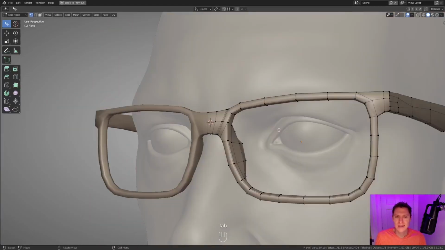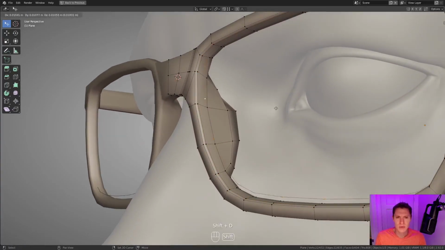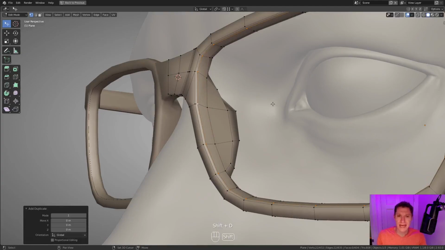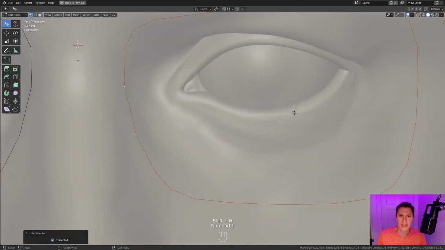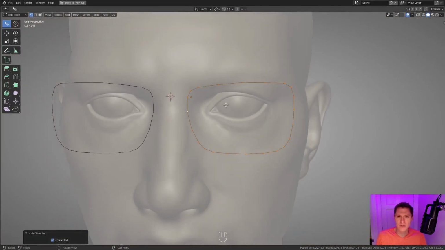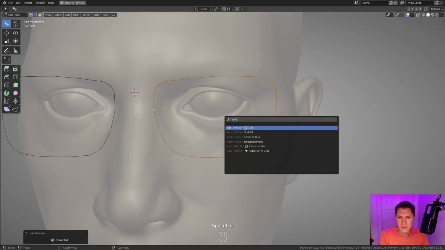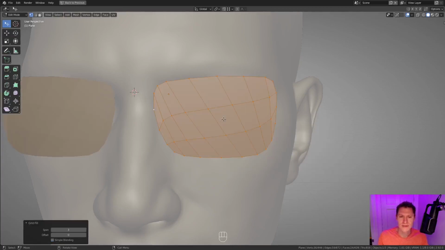We can easily just source an edge loop in here. So Shift D will duplicate that, Shift H to hide everything else. And since we kept our verts even, we've got 22 verts and they all correspond correctly, it's an ideal candidate for the grid fill tool. So I'll hit my spacebar key, type in grid, and choose grid fill. Now it's a matter of finding the right values.